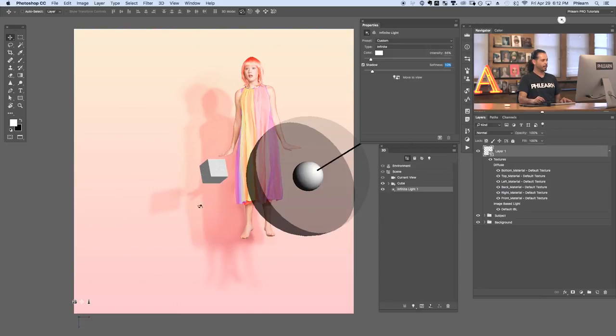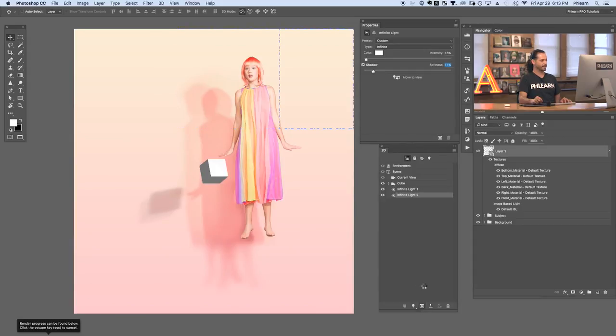Now we want to create one more light because we have two shadows on our background. So we're going to go down to our light here. We're going to go to New Infinite Light. There we go. And in this case, we're going to put it in kind of a similar place here. We want it to be a little bit farther away. Now, what we want to do is bring our intensity down just a little bit, because I'm trying to match that shadow there. And we're going to make it a little bit fuzzier as well. All right. So let's hit the render key